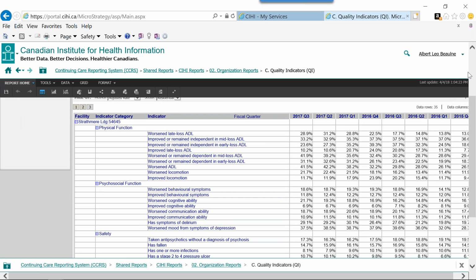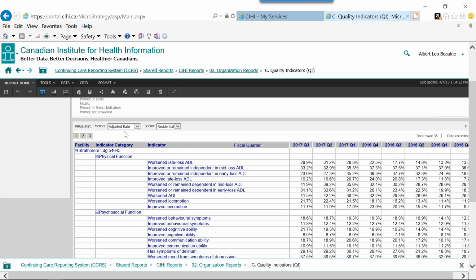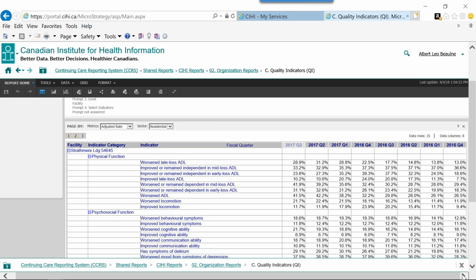Now, what I want you to notice here is that it shows you exactly what type of data for what type of setting. So this is a residential setting, and these are adjusted. So these scores are already population risk adjusted, and you can see them right here. This is the most recent quarter for CIHI, and you can see the percentage, and then these are the prior 7 quarters, going back to 2015 quarter 4. So the data goes all the way back to 2015 quarter 4, and you can see the change in scores